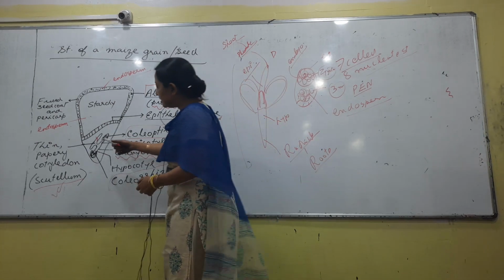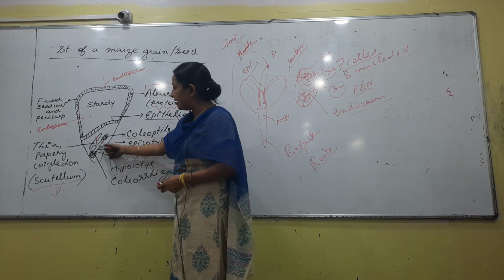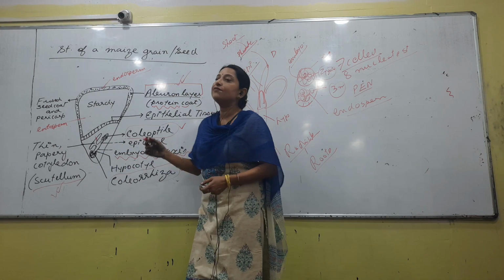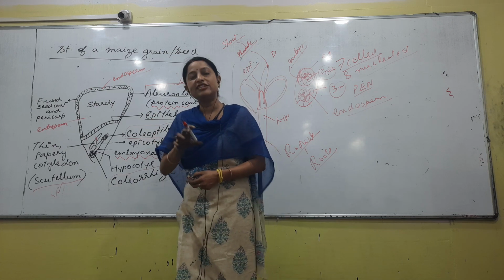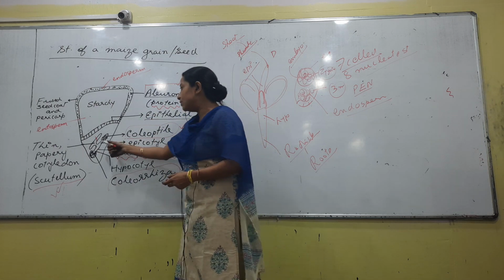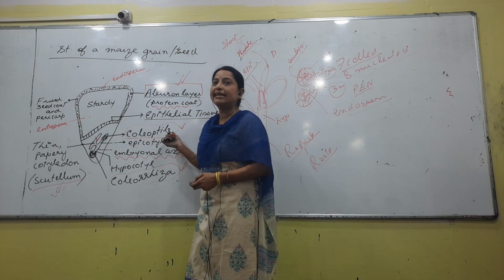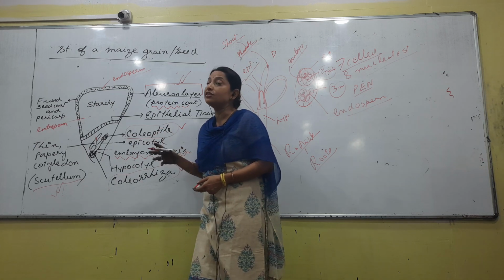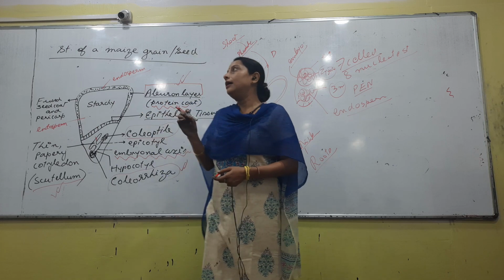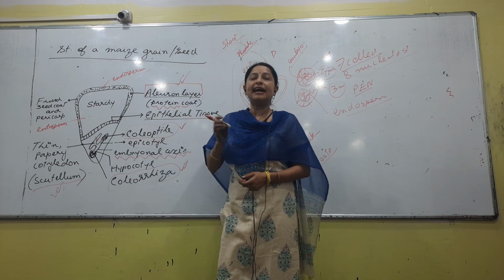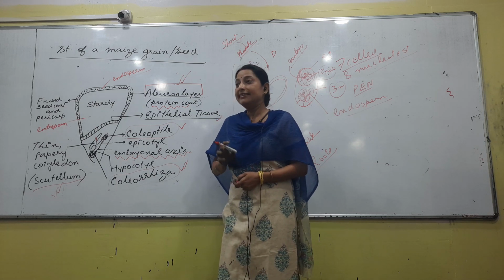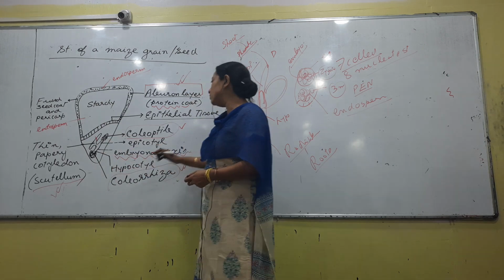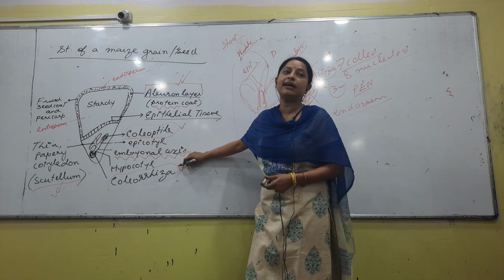Similarly, in case of a monocot seed also we see the embryonal axis. In the embryonal axis we see two regions, epicotyle and hypocotyle. The question is, epicotyle gives rise to dash and hypocotyle gives rise to dash in case of a monocot seed. Are we writing the words radicle and plumule? No, we are writing the words coleoptile and coleorhiza. So if the question is asked, are radicle and plumule seen in a monocot seed? The answer is no. That does not mean the shoot system or root system will not develop. In case of a monocot seed, we see two words, coleoptile and coleorhiza.